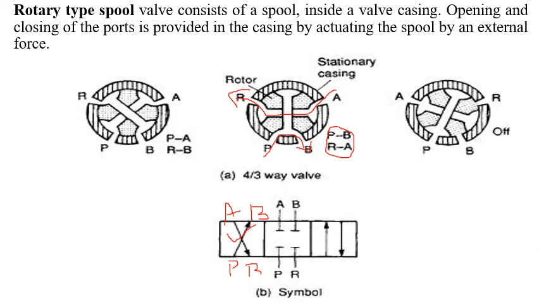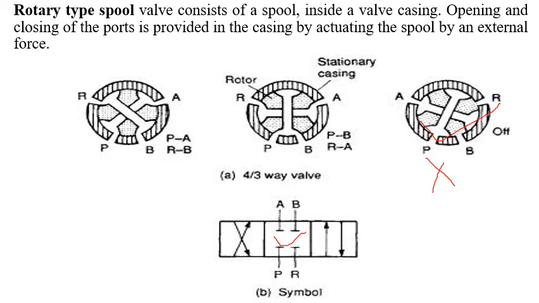And the second condition, here there is no flow. Almost all four ports are cut off. So this happens in the third diagram. Look into these three diagrams. Here, in the third diagram, there is no flow between P to A or P to B. The entire four ports are blocked. This condition is satisfied here.